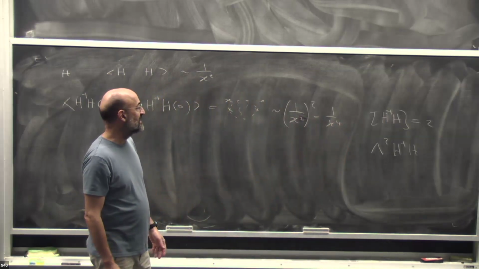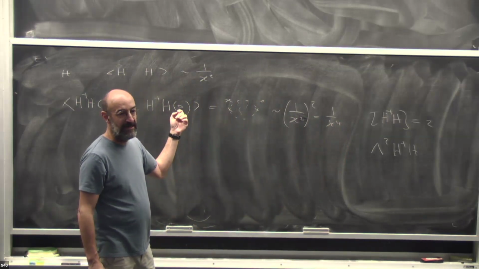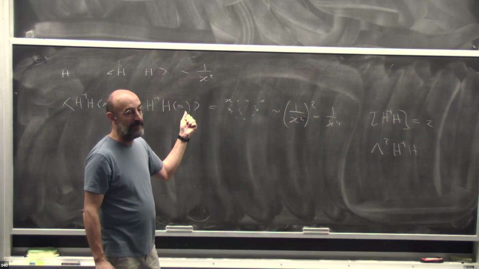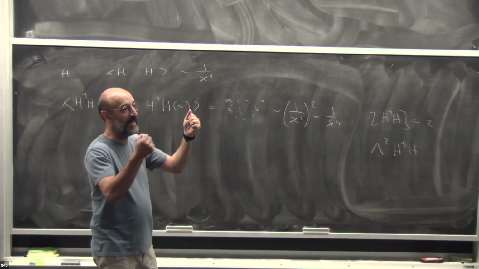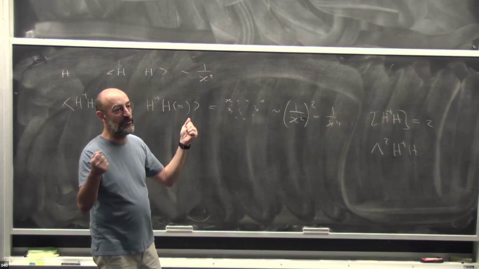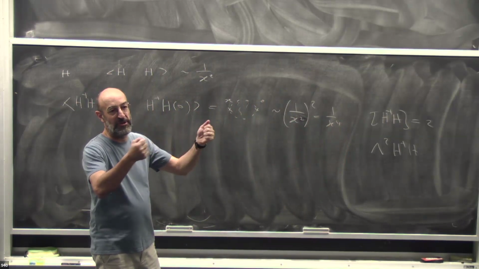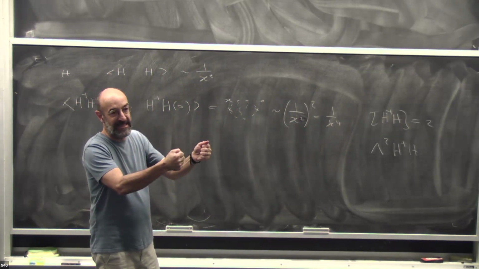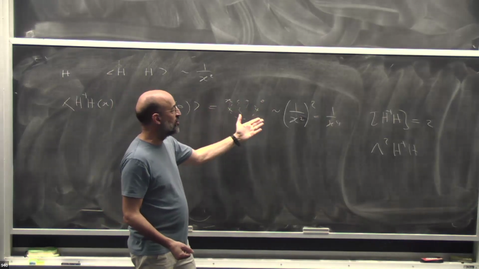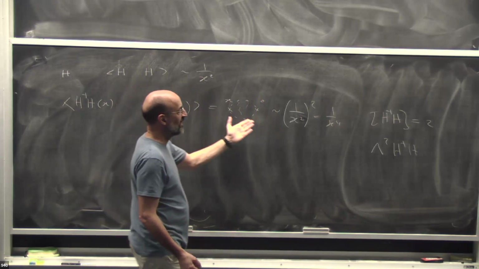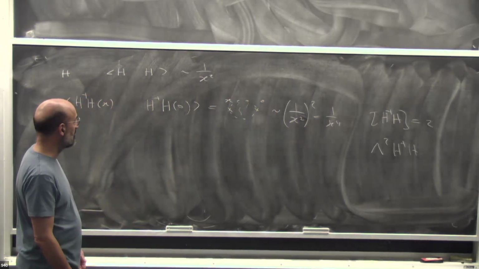So, in a sense, the dimension of a field is like the energy or the mass of a particle. And when particles are not interacting, if you take two of them, their energies add up, and there's little potential energy, so it's just the sum of the two. So when the fields are free, they don't interact, the dimension of the product of the fields just adds up. And interactions change this picture. So it's very similar to that.